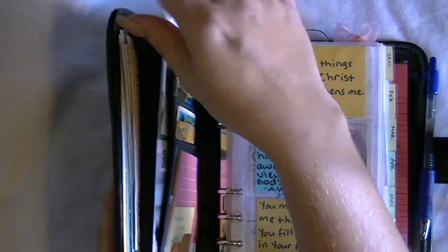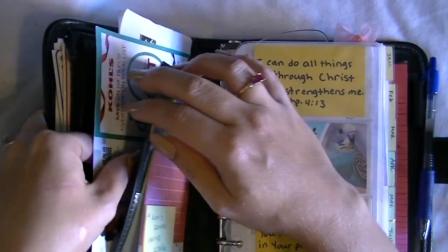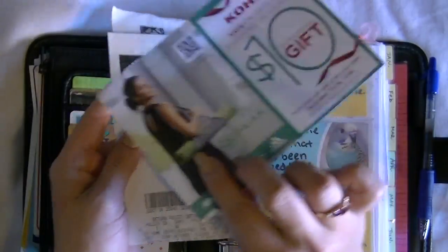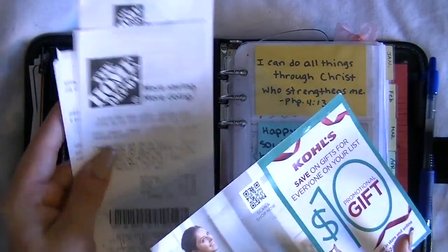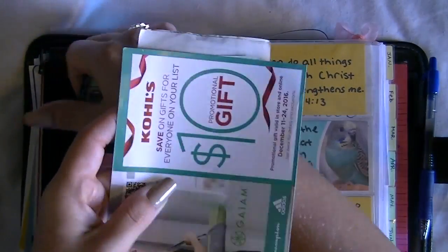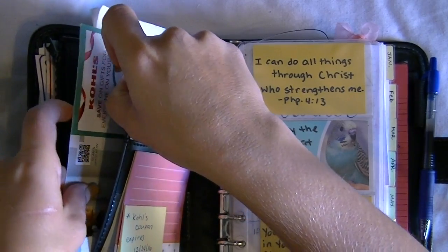I try not to keep no more than 75 cents to $1 in change in here. And then here I have this coupon that I can use at Kohl's if I happen to go there before the expiration date, and some receipts from Home Depot and Walmart that we may need to return some items that we've been working on